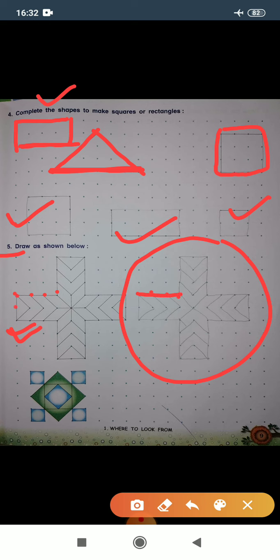Again here 1 2 3, 3 dots are covered. So 1 2 3, I have also covered these 3 dots. So with the help of counting dots and using horizontal and vertical line we can make this figure. Again in interior part of this diagram some slanting lines were used. So again with the help of slanting lines we can complete this figure or shape. One more example is given here. Now this one you need to draw here in homework.